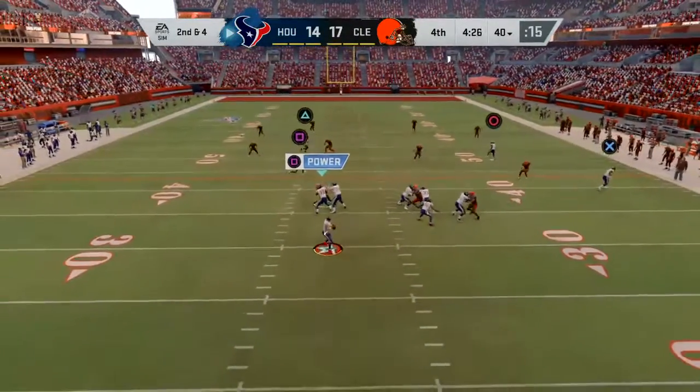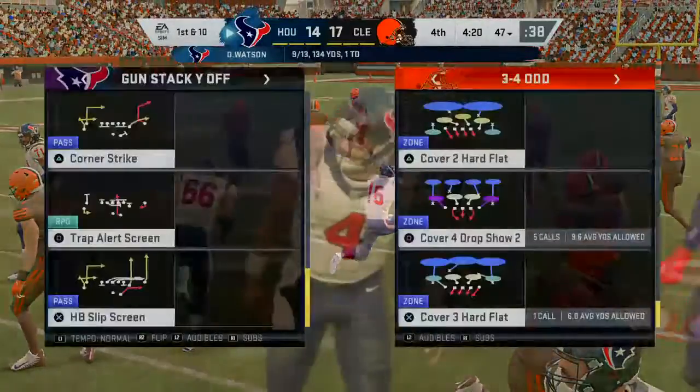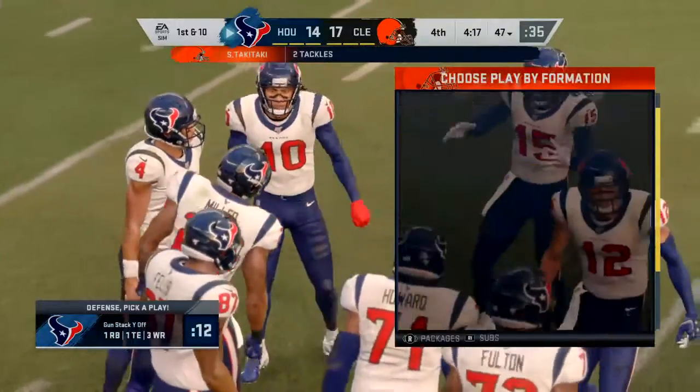Again, it's Watson. Open man is QT, complete. And he'll go down right around the 47 this time. That one, a first down pickup of 8. First down,